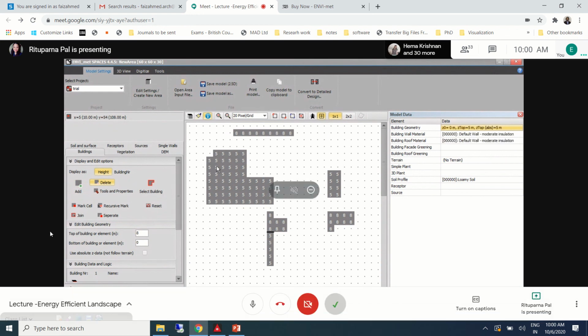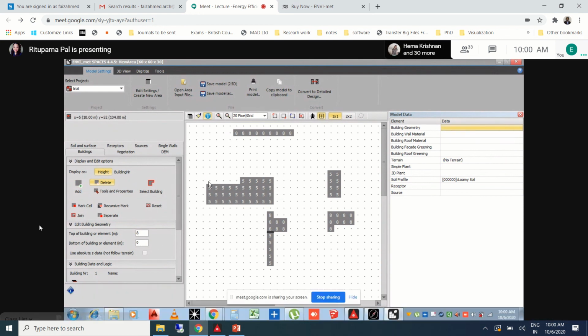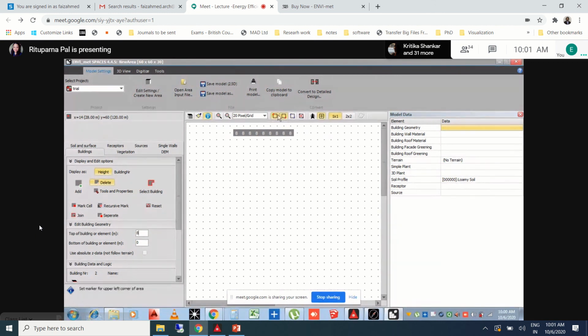Basically, by selecting this delete option, you can just use it as a rubber kind of thing. You can use it as a rubber, or in cases where the geometry is very difficult or you need to specify a particular thing which needs to be deleted, you can use these two markers. Okay, ma'am, thank you.